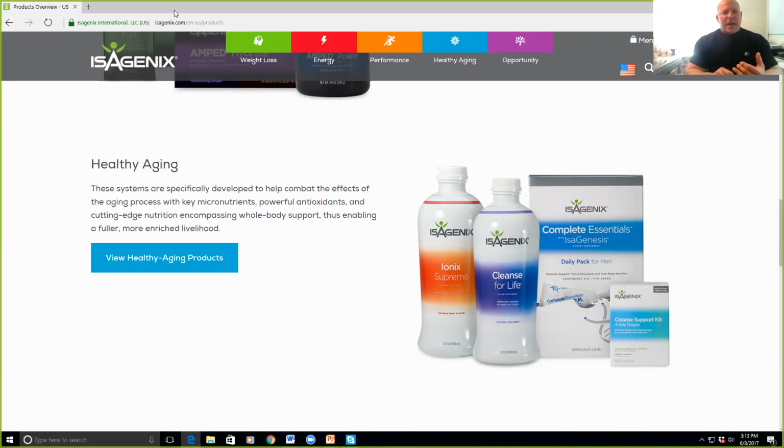The fourth thing is the Onyx Supreme, which you see on the screen right there. Onyx Supreme is a phenomenal additive, again, like I mentioned earlier with Cleanse for Life. I would recommend that everybody puts that into their diet. It has all the fruits that your body needs, all the antioxidants. It has the enzymes. It has the ability to not just strengthen the overall